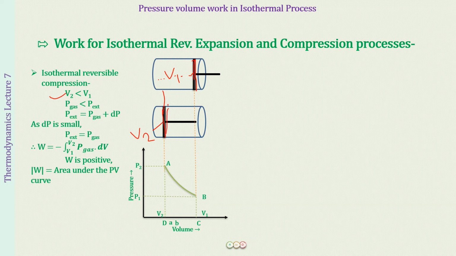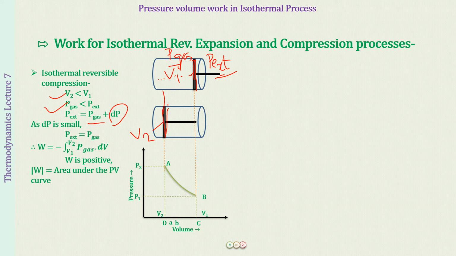It has moved down because in the initial state, the pressure of the gas was equal to the external pressure. But then we increased the pressure from outside, so the piston started moving inwards. So this means the process is happening when the external pressure is greater than the pressure of the gas. But now, because this is a reversible process, the process is happening very slowly. So this means that the difference between the external pressure and the pressure of the gas is not much. Right? So we can say that the external pressure is going to be greater than the pressure of the gas by just a small amount dP.